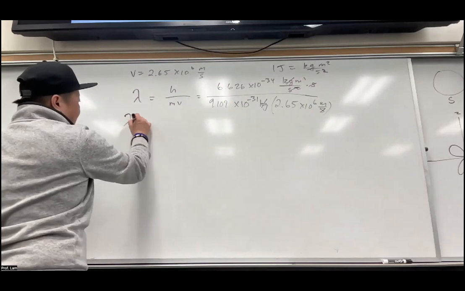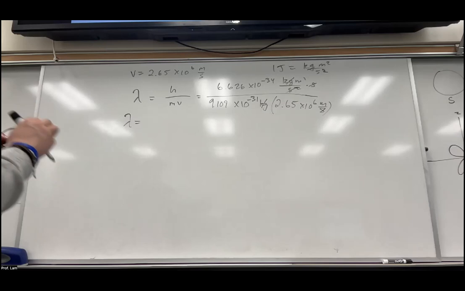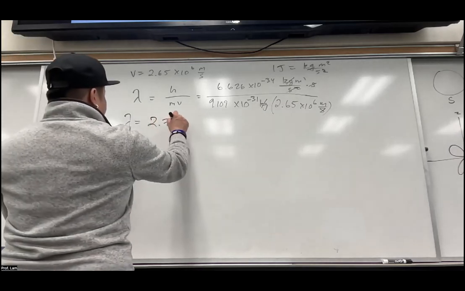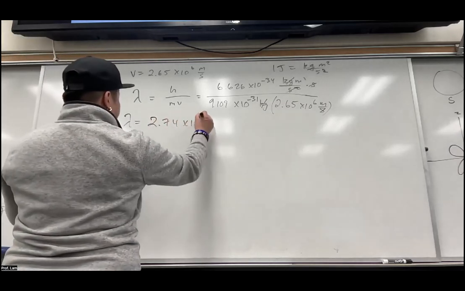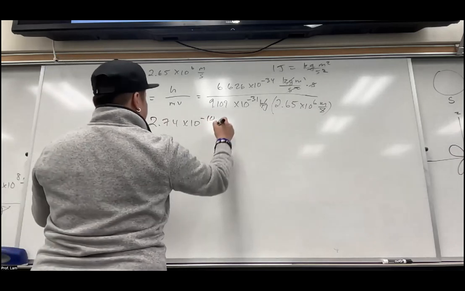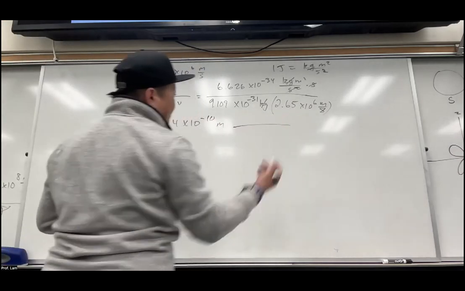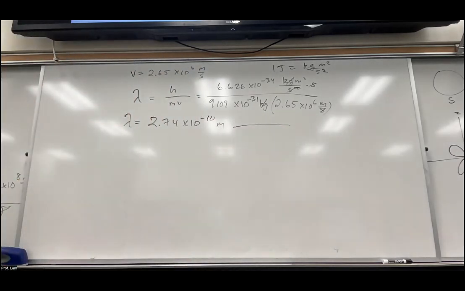So great, we'll have the wavelength in meters. That's 2.74 times 10 to the minus 10 meters. Now let's put it into nanometers so we can compare it to the other